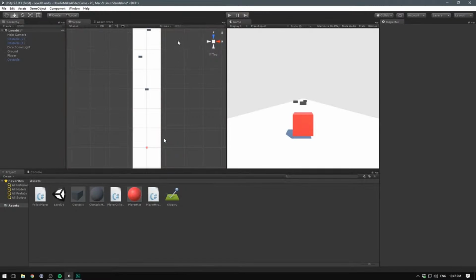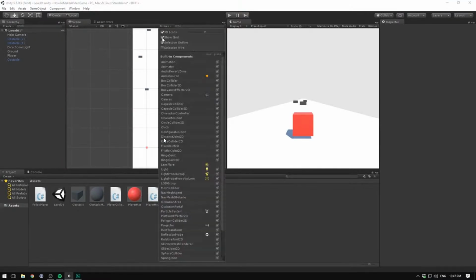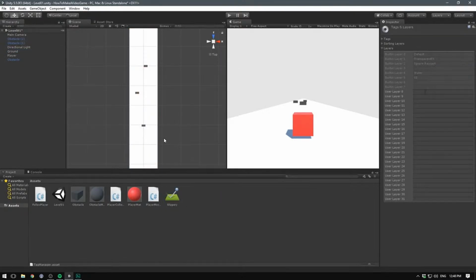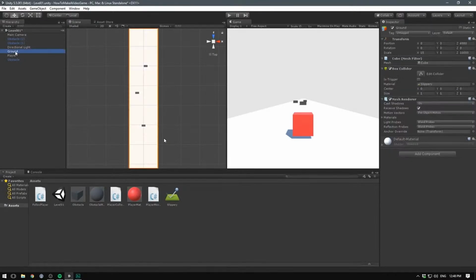The grid I'm actually going to leave in here, but if you go under gizmos, you can disable that as well. We can also take our ground, go up to layer, hit add layer, and we can add a new layer called something like ground or environment. We can then take our ground plane and assign that layer. Now if we go up to the layers,